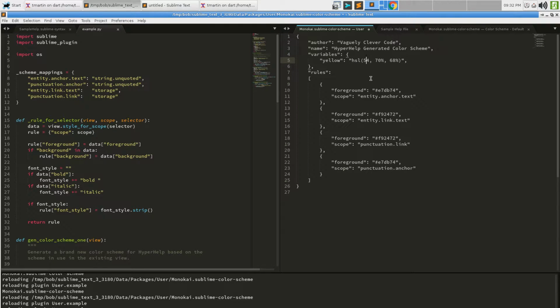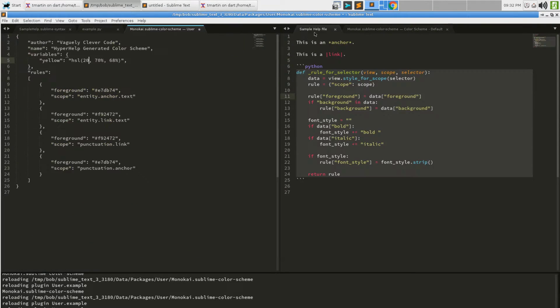Now, am I in any way cognizant of how HSL colors work just by modifying them? No. So let's change this to 20. It's going to do something. The hue is going to be different. I'm going to move this over to here so we can see what happens when I save this file. I changed all of the string scopes to be this sort of peachy color or something.